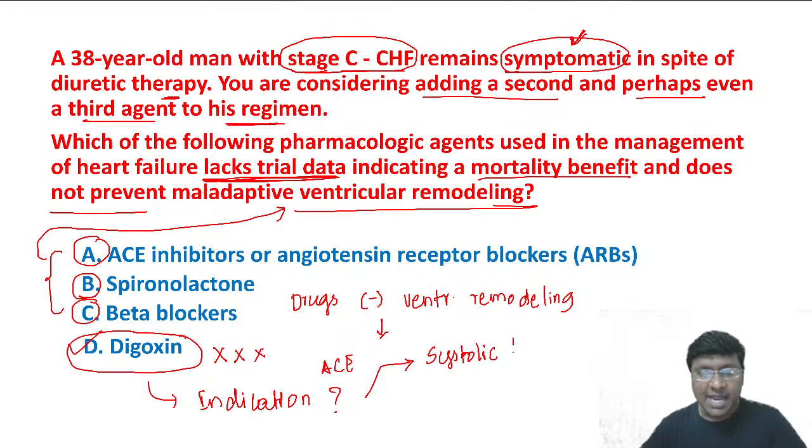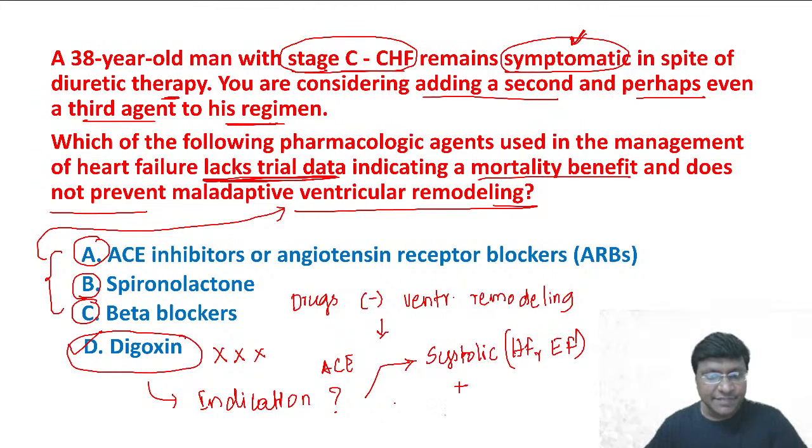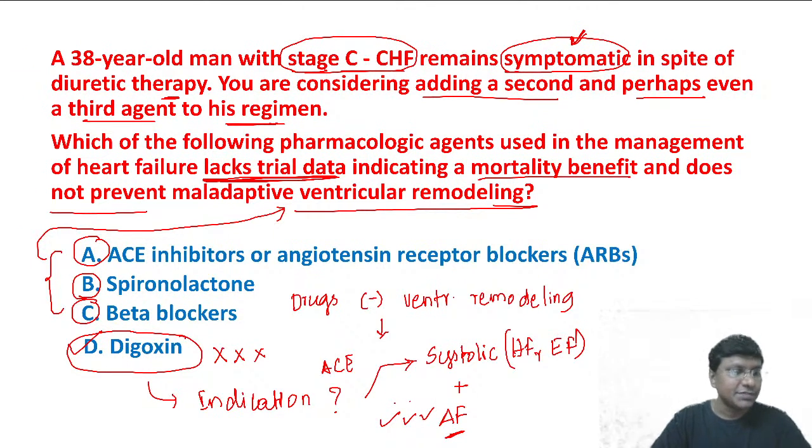That means heart failure with reduced ejection fraction. So in heart failure with reduced ejection fraction, we give this particular digoxin, right? Not in case of decompensated heart failure, not in case of acute heart failure, right? And you should give it along with the heart failure if there is presence of atrial fibrillation, that is an absolute indication for your digoxin, right? Absolute indication for your digoxin.